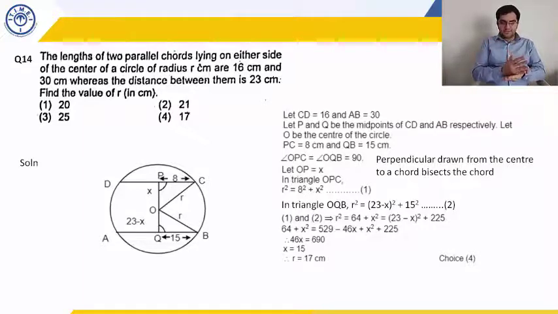First, you have to make a perpendicular from the center. It will bisect the chord. Then you have to use Pythagoras theorem 2 times. Then you solve to find x, and then you solve to find r. And that is what makes this question difficult, because there are so many steps. There is nothing fancy or difficult, but yes, you need to do more to get the answer. So it becomes a medium difficulty question.